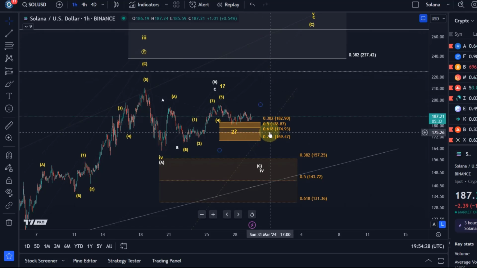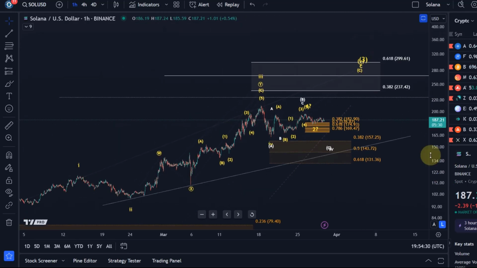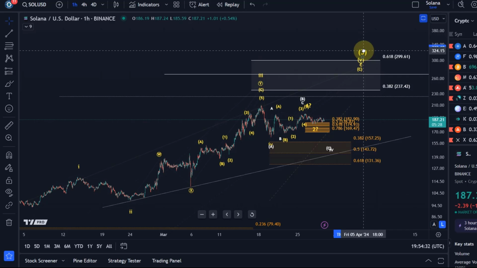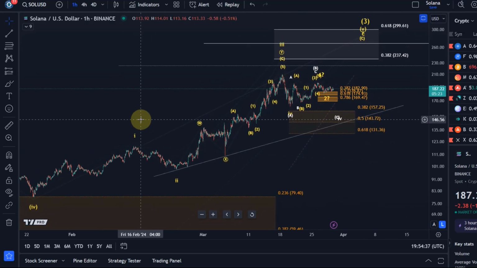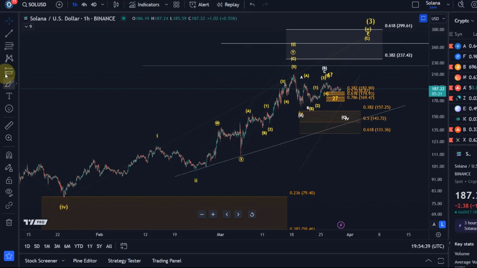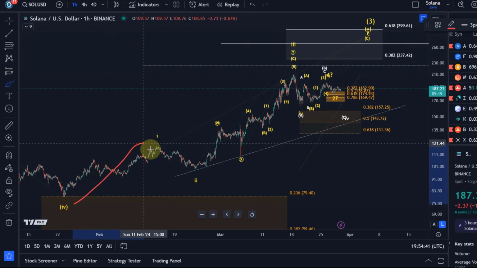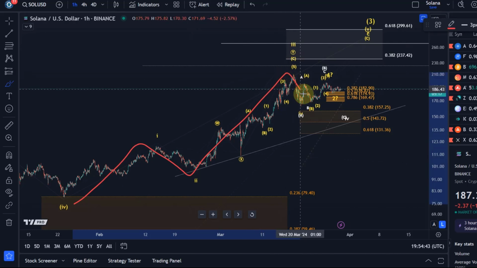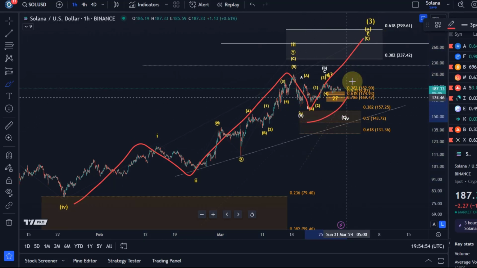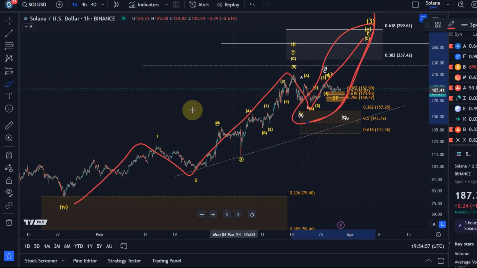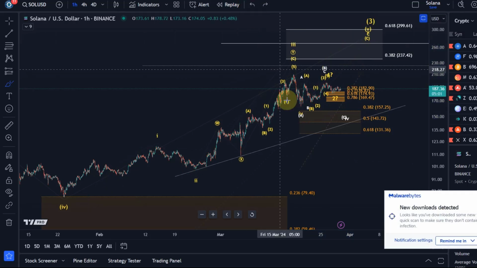Looking at the smaller time frame, we can see that this third wave is located up there. And within this third wave, we have seen already from the 23rd of January low, a wave 1, 2, 3, possibly 4, and the wave 5 could be in the making. So this 23rd of January low is wave 4 of the larger third wave, and we're likely in the wave 5 of the larger third wave. But as you can see here, I expect one more high. And the question is just how the